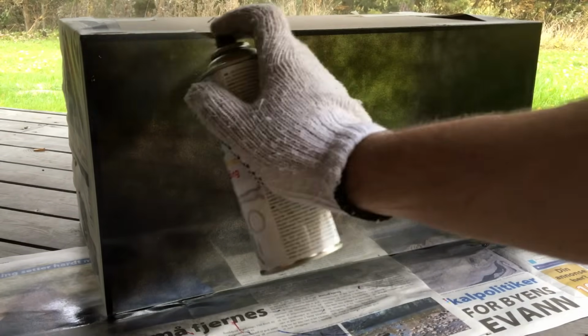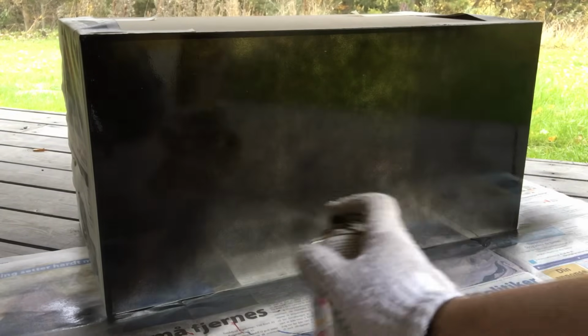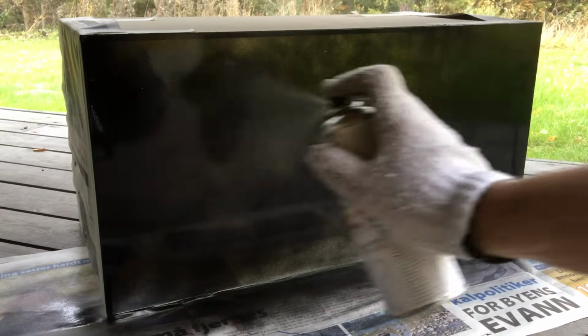Just go over it and over it and over it. And by the way guys, it is pretty cold outside here in Norway today. It's something like 5 degrees, so